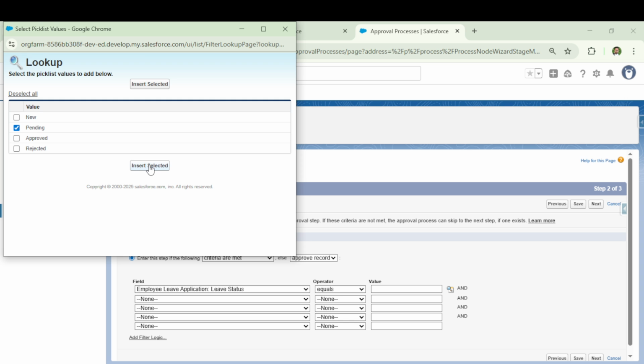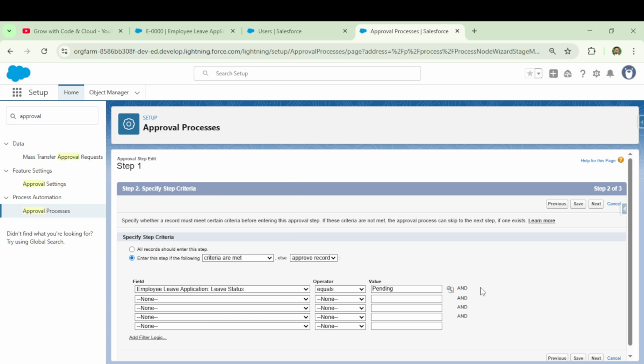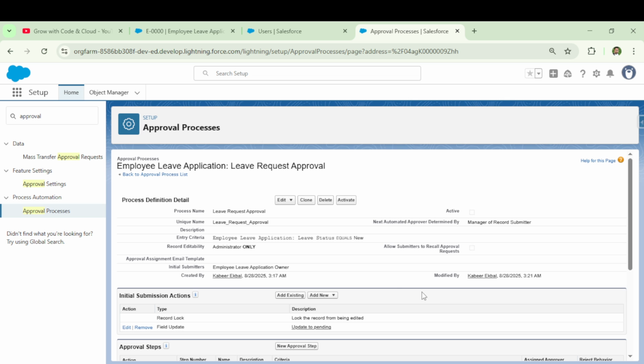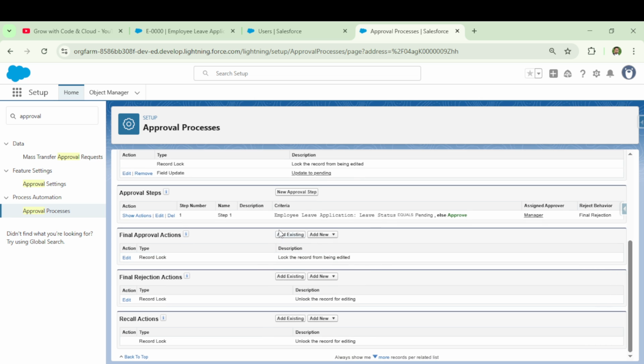So you have submitted the approval, but the value didn't get changed from new to pending. Then the approval manager will not receive that. Only the approval manager will receive the request which is in the pending state. Correct. Now click on save. That's it. We have employee leave status equals pending. Then only it will go to the manager.